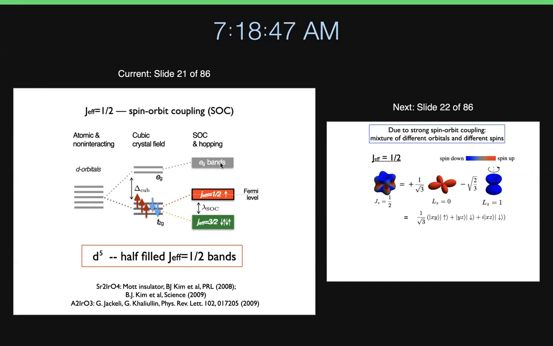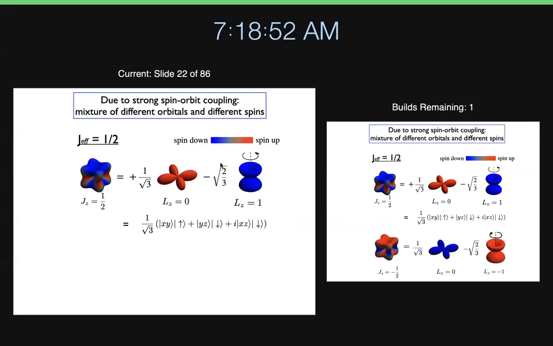Okay, so if you're starting from here, the next slide is showing you the wave function. I keep talking about the wave function because that's the building block of this whole physics. We have d orbitals that are entangled, meaning that spin and orbitals are now mixed through the spin-orbit coupling. Without spin-orbit coupling, we are not going to get any of this physics. And the bigger the spin-orbit coupling, the bigger the bond-dependent interactions I'm going to get.